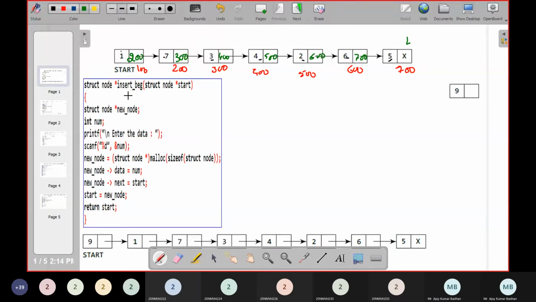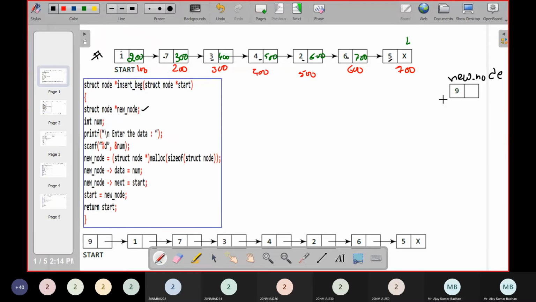Now let's see how this particular thing is going to work. So if you see here, the very first thing I'm going to do is use a variable called *new_node, because I have to create a new node which I have to insert in this particular location. So this is a new node I need to create. This is your new node. For that, the name I gave is *new_node. It is a pointer variable which will have a value as well as the address for the next node here. So this is a new node.